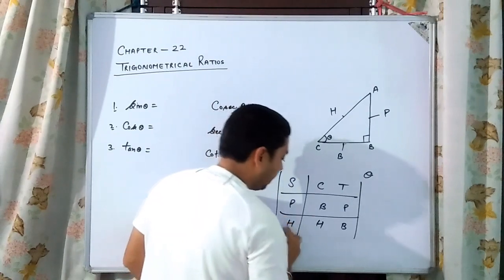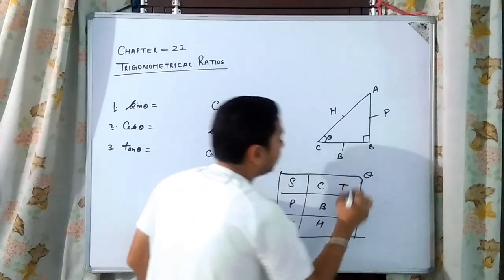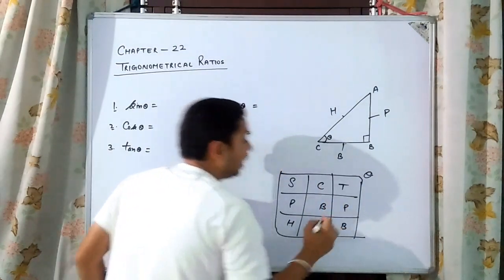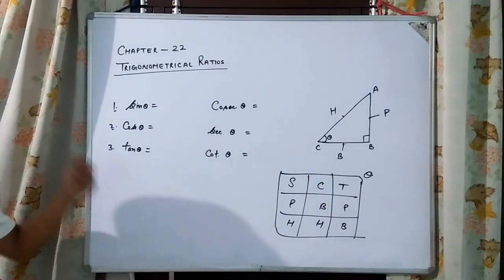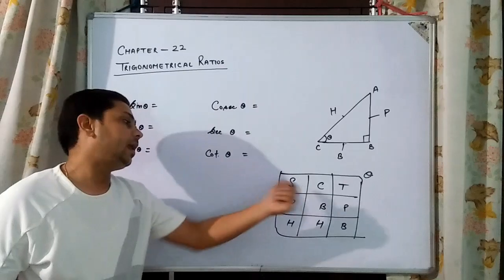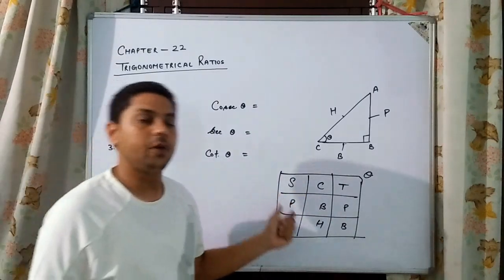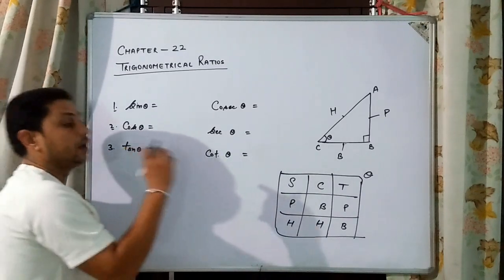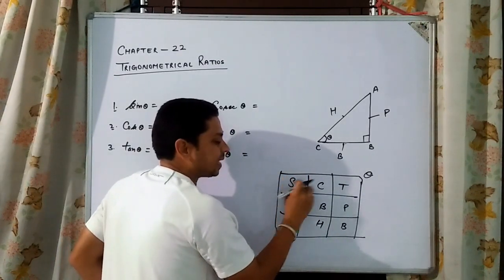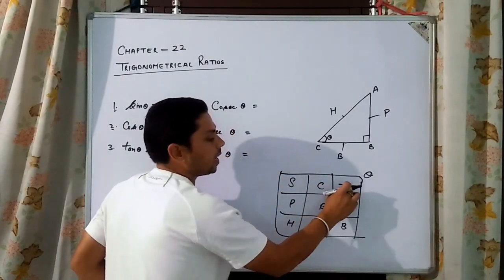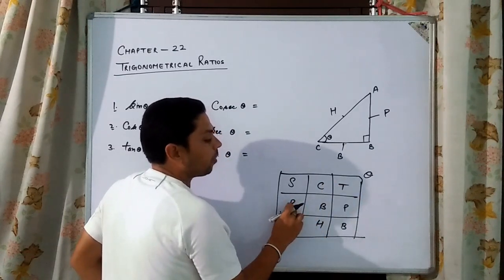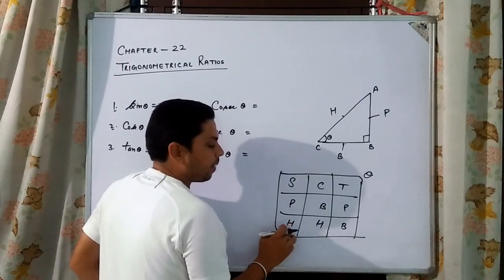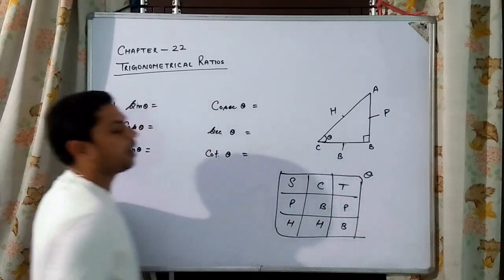This is a simple table that explores the relationship between the sine of the angle, the base angle, and the sides of a right angle triangle. Now how will we explore it? Remember, S is sine, C is cos and T is tan. P for perpendicular, B for base and P for perpendicular again. This is hypotenuse, hypotenuse, and again we have a base.